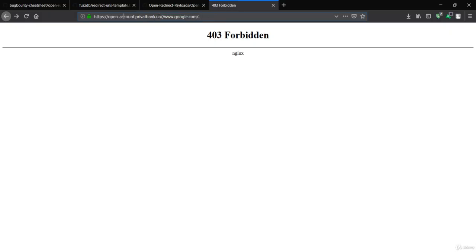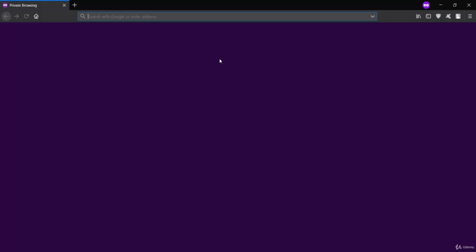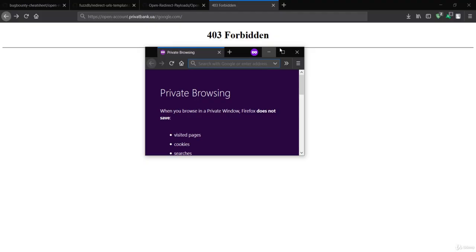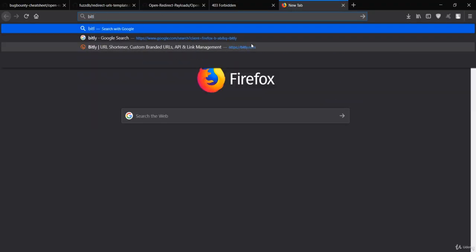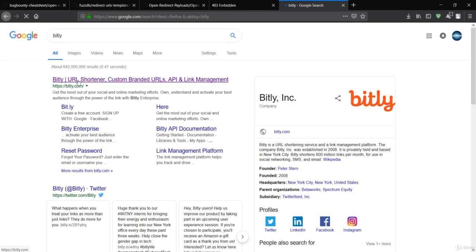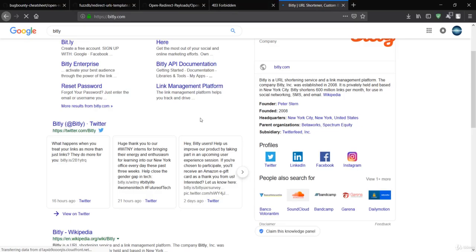If I just hit enter or replace this again, then you could see this is our new link. You can simply copy this and give it to a new browser or basically a new user. You can also make use of some online services like Bitly, which will shorten the URL and give a URL that is not suspicious enough.